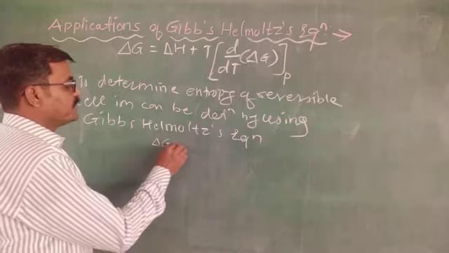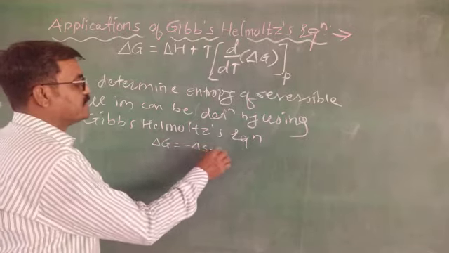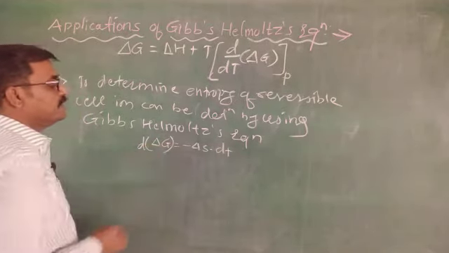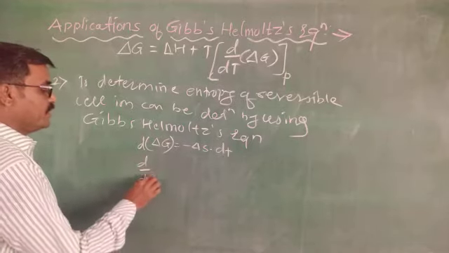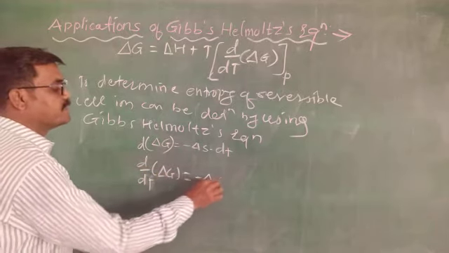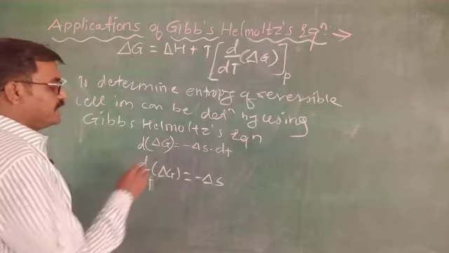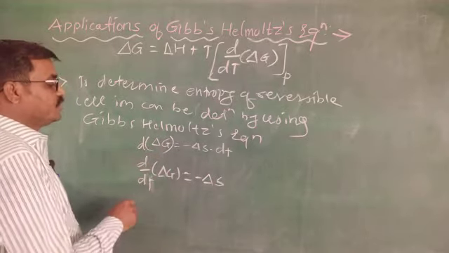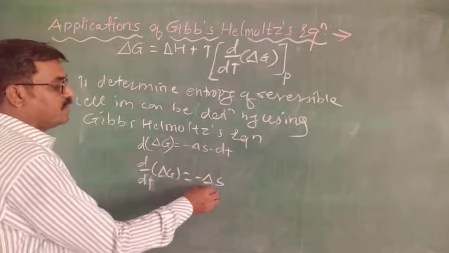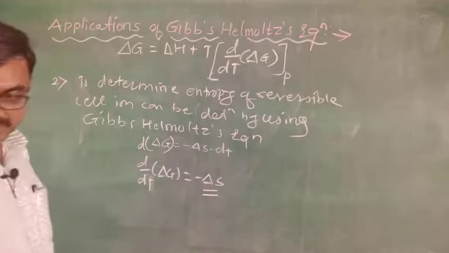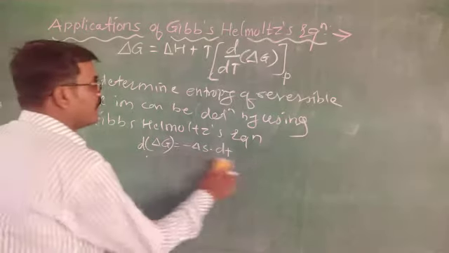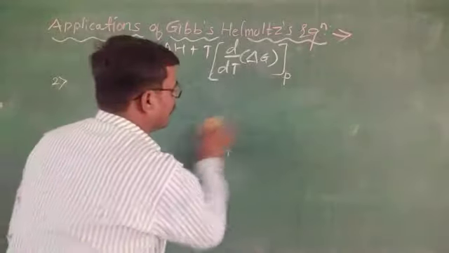d/dT of delta G is equal to minus delta S. That means at two different temperatures, if you know the potential, then you are able to find out this value of entropy change for a reversible cell. This is the second application. Now the third application of the Gibbs-Helmholtz equation is